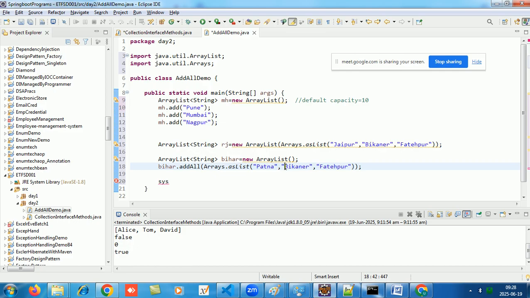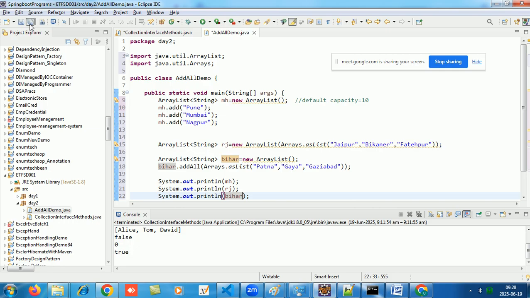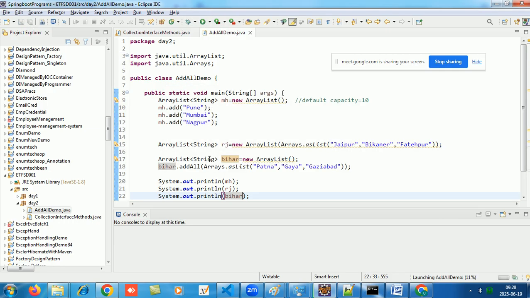पटना, गया, और कौन सा, वासेपुर तुम्हारे इधर ही है ना, गाजियाबाद, ठीक है। अब मैं सिस आउट करता हूँ सारे के सारे कलेक्शन इंडिविजुअल, MH, RJ और बिहार, तो सेव के देखते हैं कि एलिमेंट्स आते हैं क्या, आ गए।